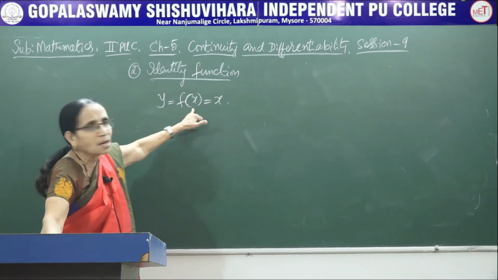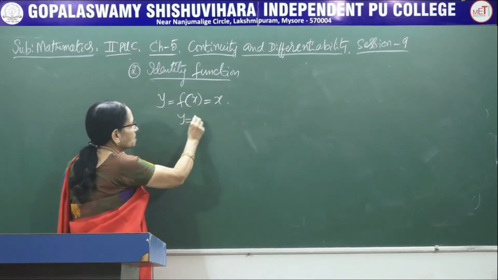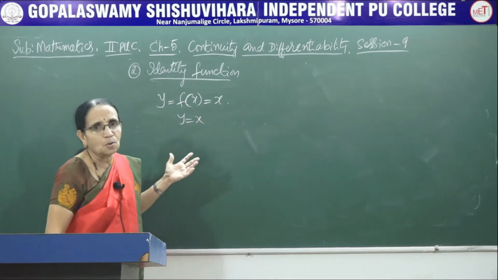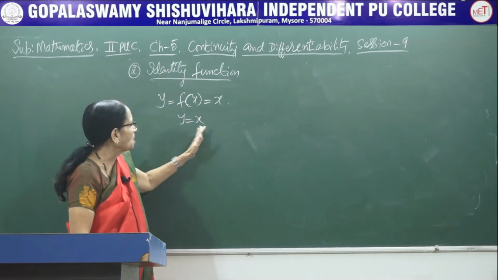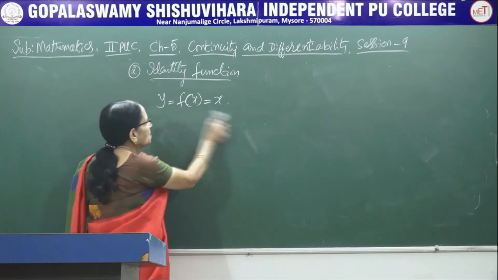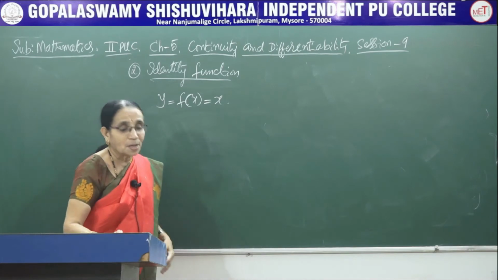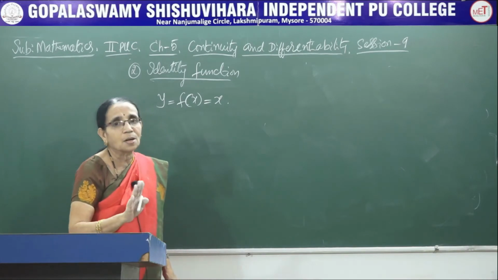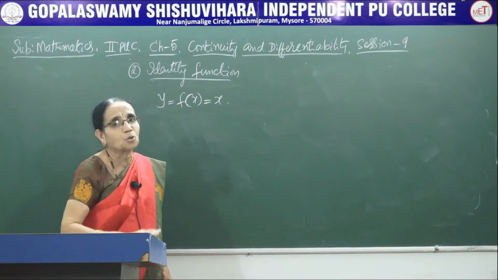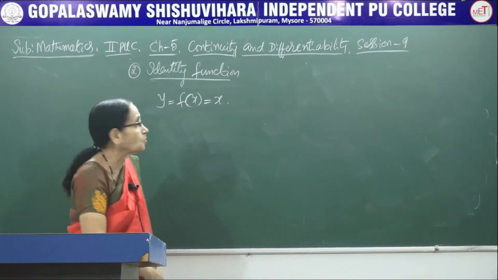When x takes a certain value, y, that is y is equal to x. If you combine this, its meaning is y equal to x. Any value you give x, the same value y will also have. That is the meaning of that one. Suppose you draw the graph of this one. Again I am telling you, drawing the graph, you cannot get the continuity, you should not show the continuity. You have to prove it according to the way we have to prove.